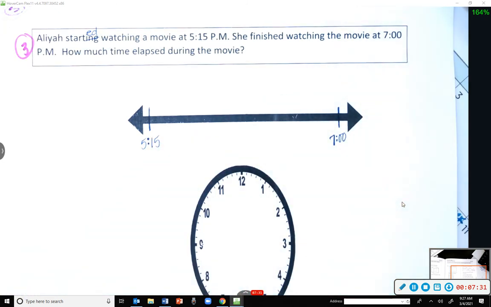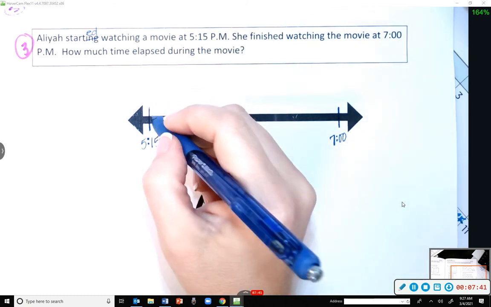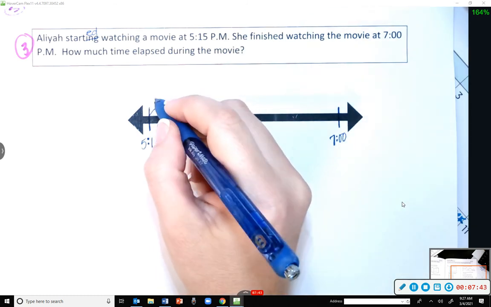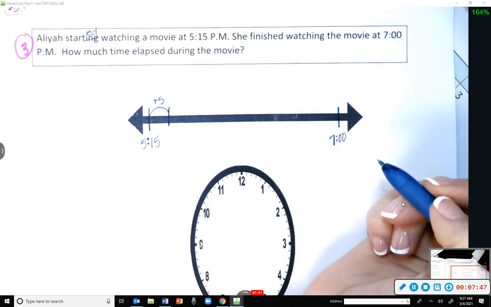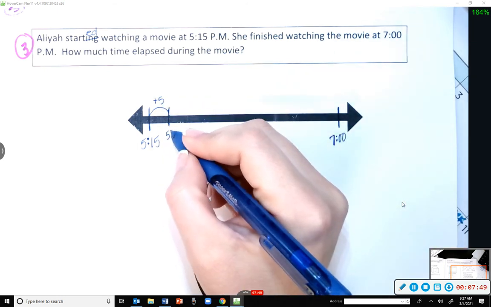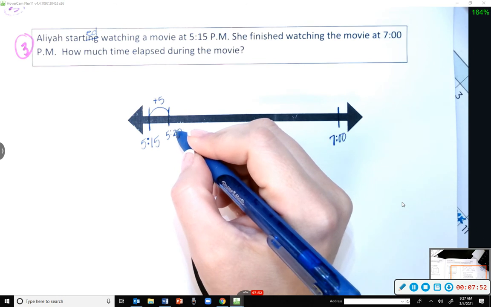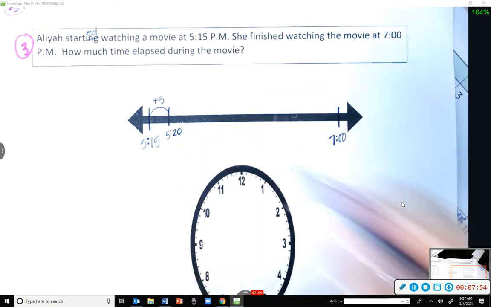Okay. And then we need to skip, right? Skip by whatever we want to choose, whatever's easiest for us, okay? A 5, Kaylee says. Okay, she wants to go by 5. So 15 plus 5 would be what? 5:20. Okay, now that I've got you started, I want you guys to finish skipping on the